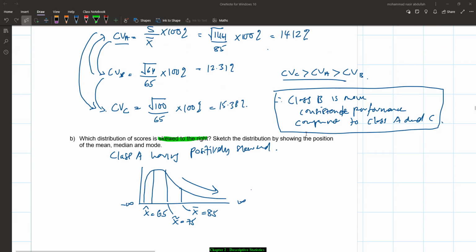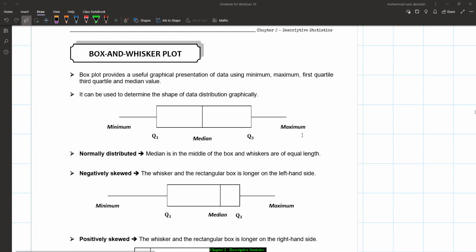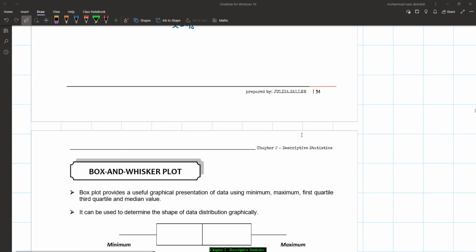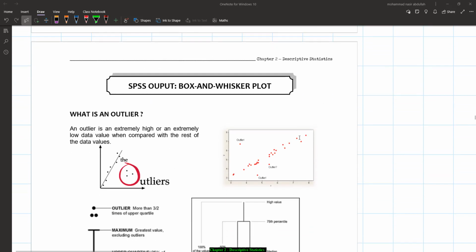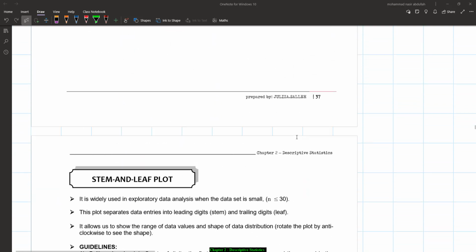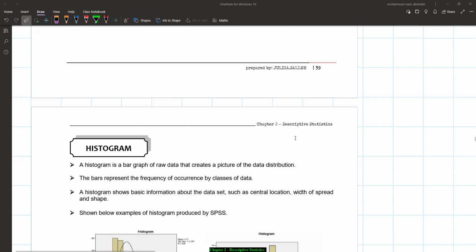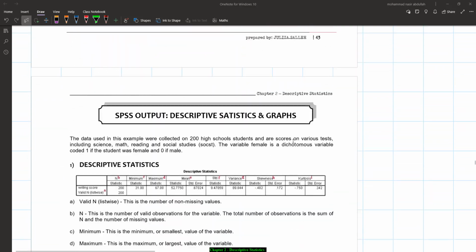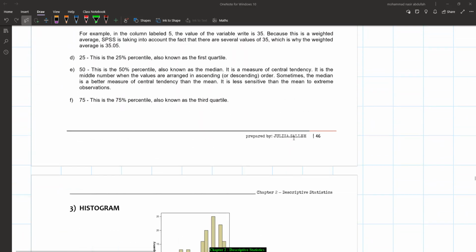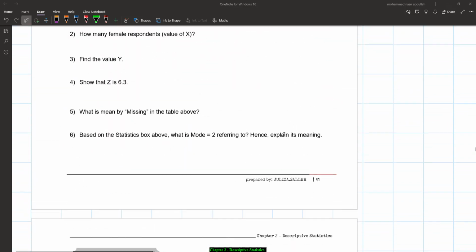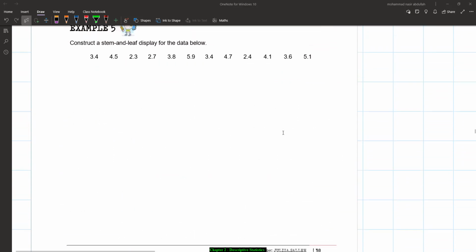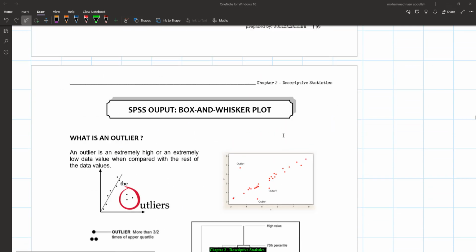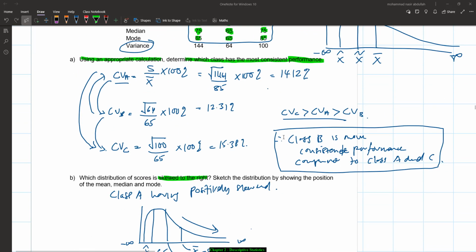Any question before we end our session? This is the first part of chapter number 2. Second part, we will look into box and whisker plot, stem and leaf. Lagi kita tengok histogram, frequency distribution, bar chart and pie chart. Right? So I think that's all. Ada soalan tak before we end our session? Tidak, tiada. So